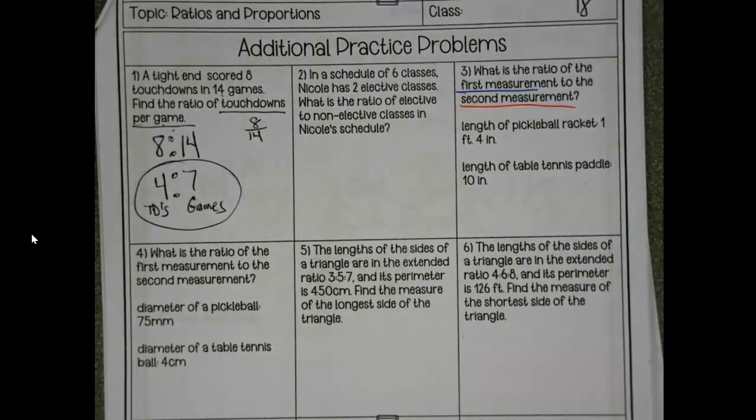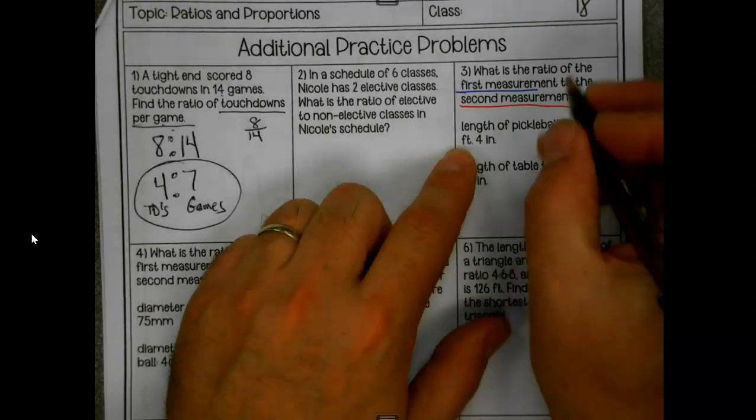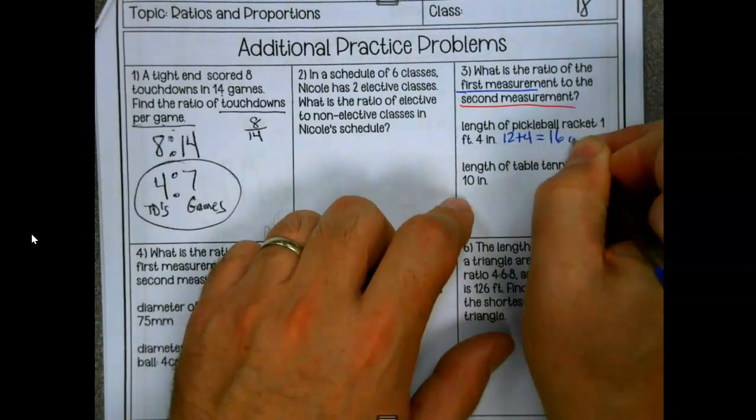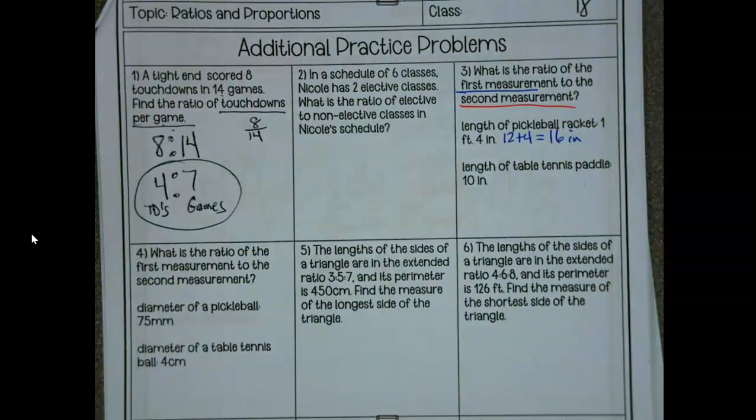So here, this gets a little more interesting because we've got different measurements that we're working with. So here, 1 foot 4 inches. How many inches are there in a foot? 12. So here I got 12 inches plus 4 inches. So I got 16 inches here actually,